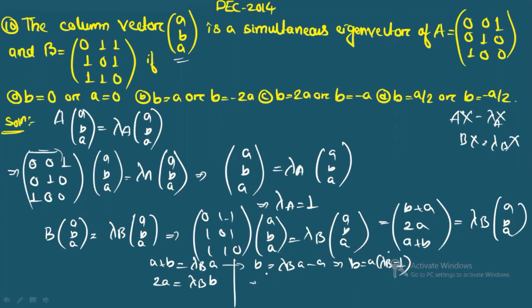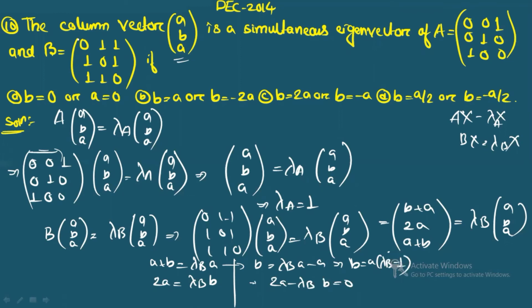So here, if you see in this case, you're getting 2a minus λb equals 0. Clear? So you will write it in the matrix form. This is what you will do. Let me write it again. Okay, here you're getting what? You can write it as,